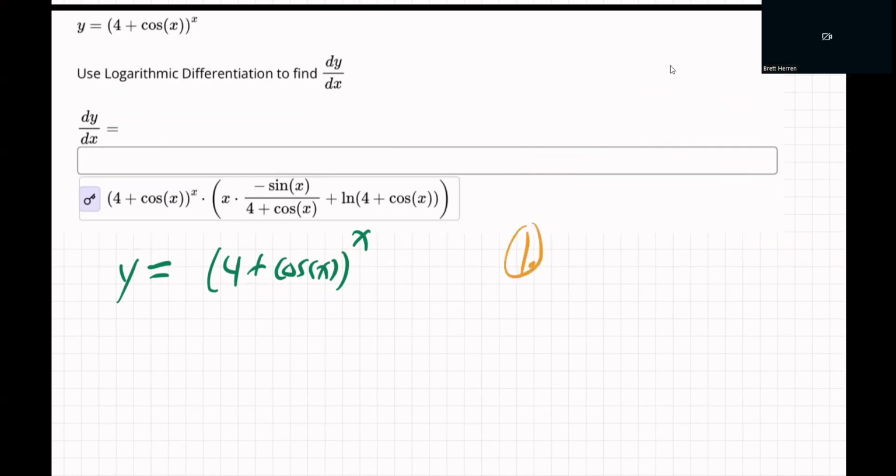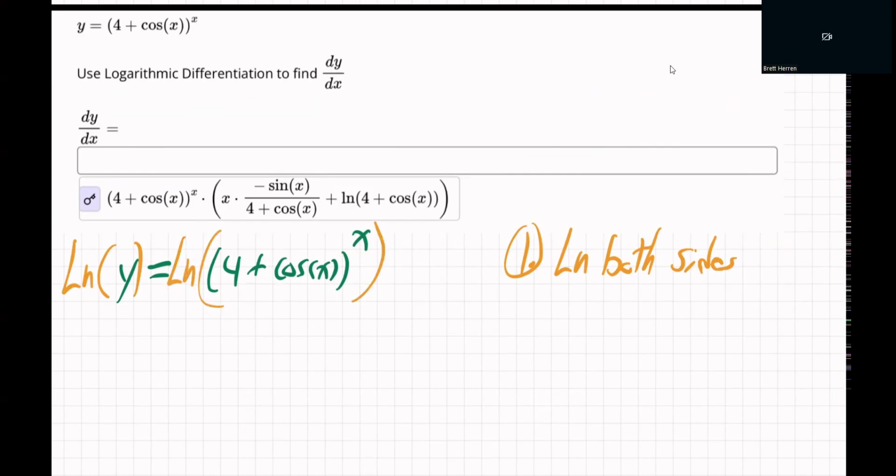Step one of that is you take the ln of both sides. So I'm going to go ln of the left side, ln of the right side. Two things are equal. You take the ln of both of them, they're going to be equal afterwards. So there we go. Step two, you use the log